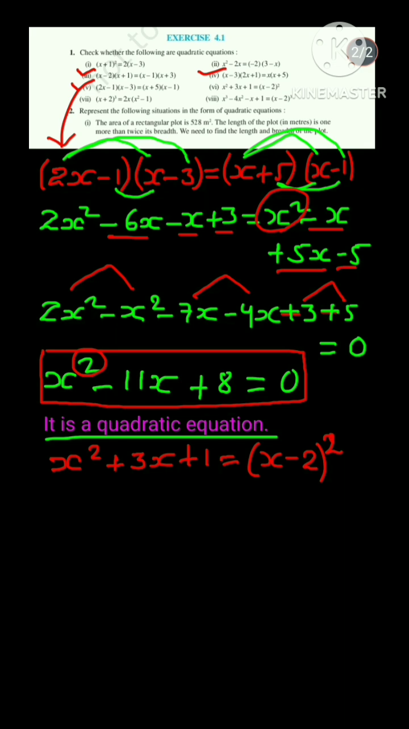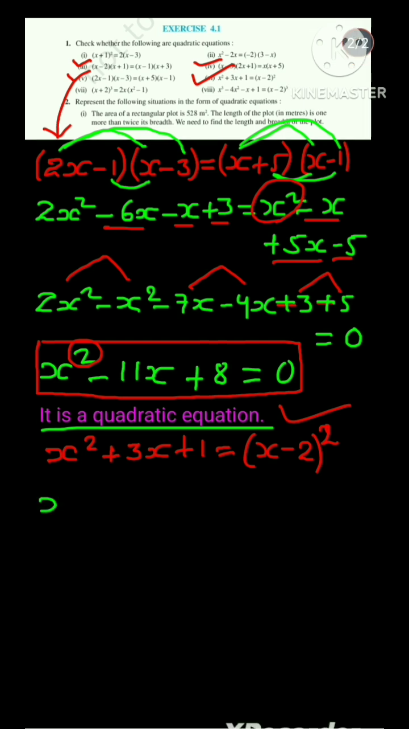Now question number 6, which I have already copied here, and here we are going to solve from RHS. So firstly just copy LHS as it is. In LHS we have x square plus 3x plus 1 equal to, and in RHS we have x minus 2 whole square, and as we know this